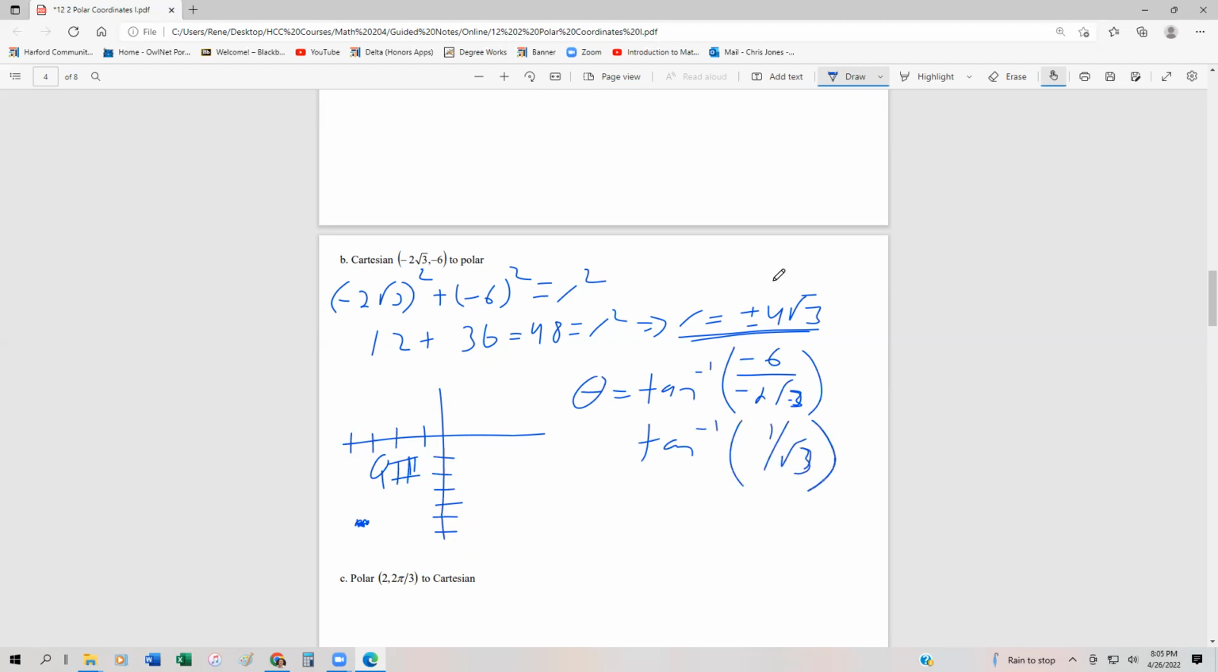Or that's going to be the same thing as tan minus 1 of 1 over the square root of 3. And again, we want to go back to our basic trigonometry. And remember that theta is going to be 30 degrees or pi over 6. Now we have to determine whether r is going to be positive or negative. And I think it's pretty obvious that the only way to get to, for instance, if we were to go positive 4 roots of 3